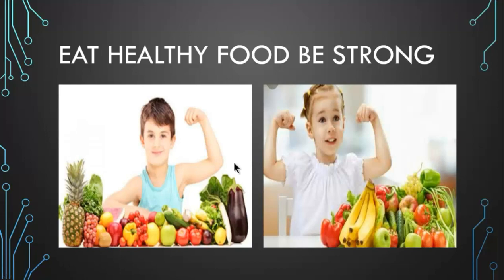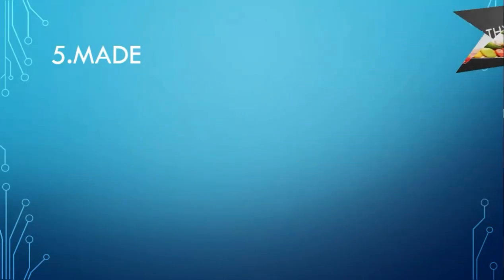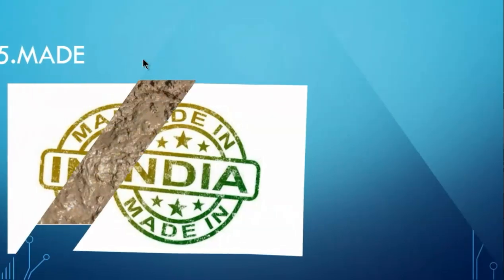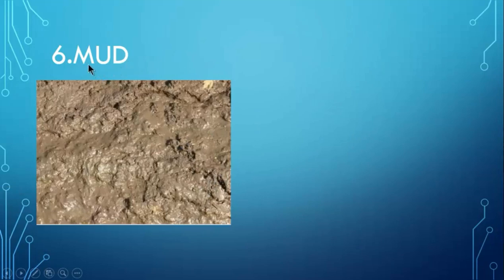Okay students, now see how he is flying. Yes, very good. Now the next one is MADE. Made means in Gujarati બનાવવું. Mama makes something, it is made. See, many items are made in India. This type of logo we see on many things. So this thing is made means બનાવ્યું. ક્યાં બનાવ્યું છે? તો કે ઇન્ડિયાની અંદર. Okay, this is made.